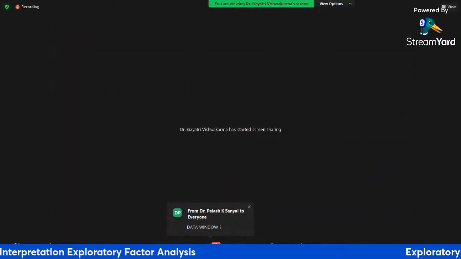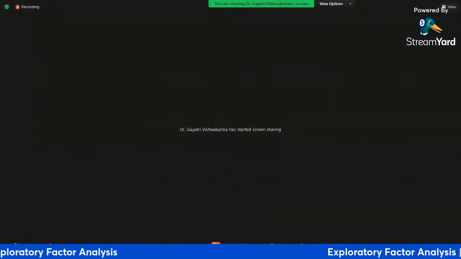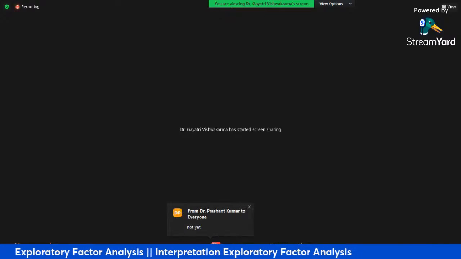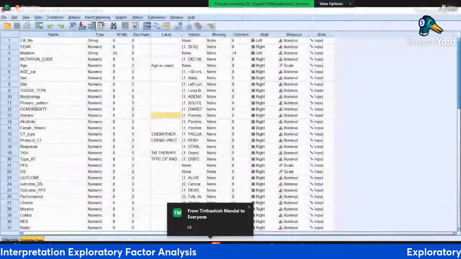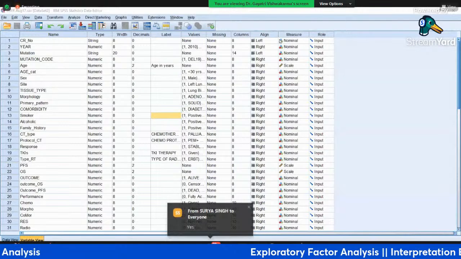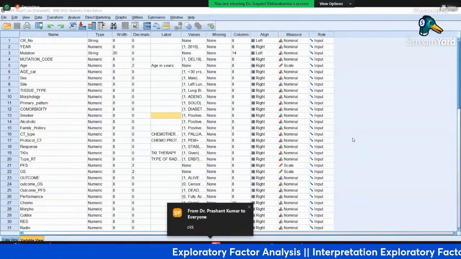That will work. Is that okay now? I shared both the screens at the same time. Yes, it's visible now, the data.